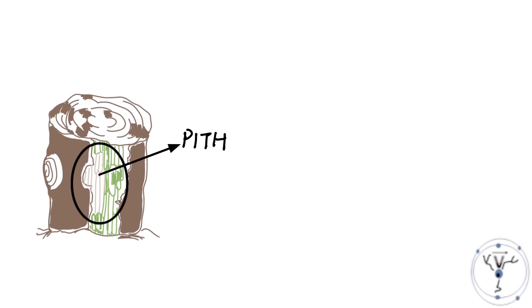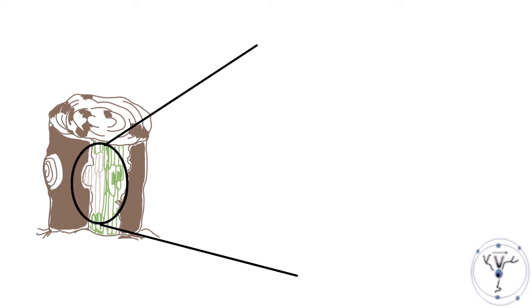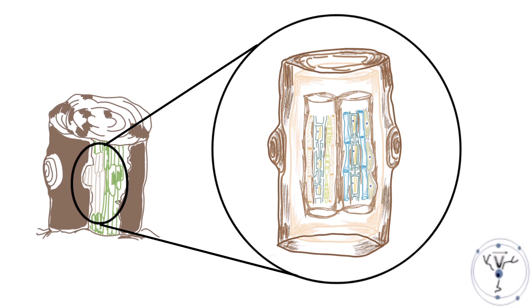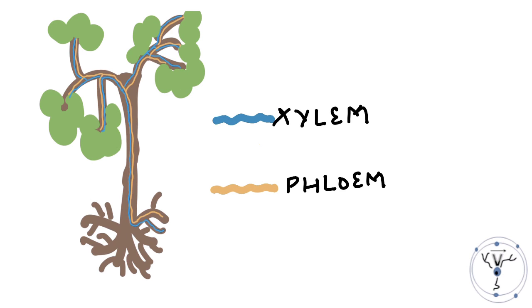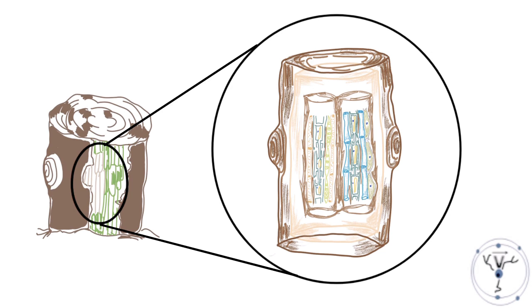Here we have tried to enlarge the view of the pith region, and hence we have tried to locate the xylem and phloem that are present side to side all throughout the length of the root as well as of the stem of the plant. We have also tried to showcase each and every component of xylem and phloem in the given diagram.